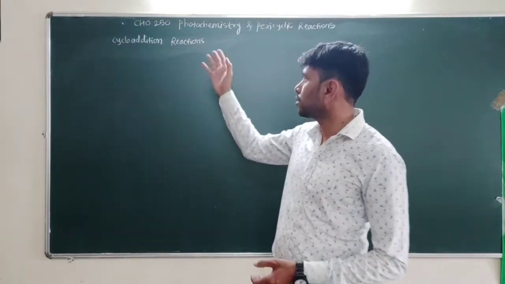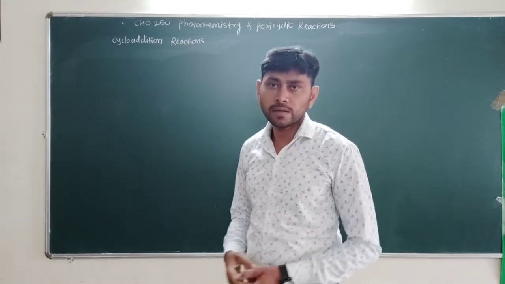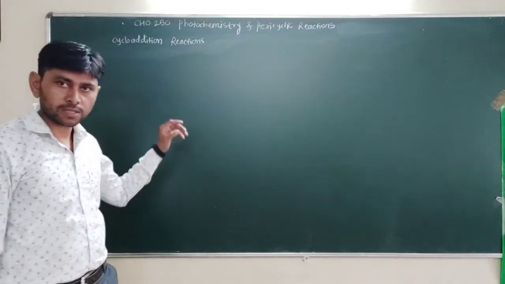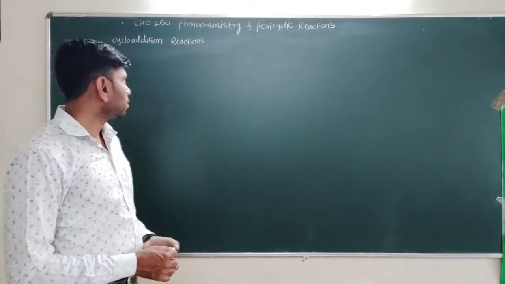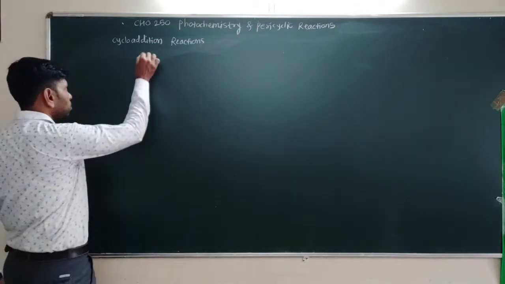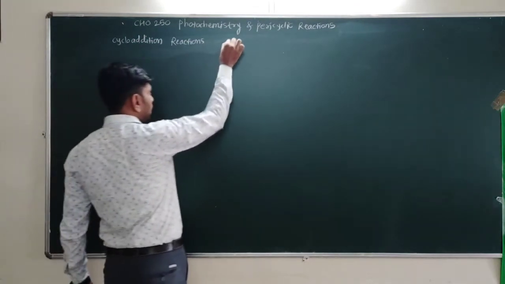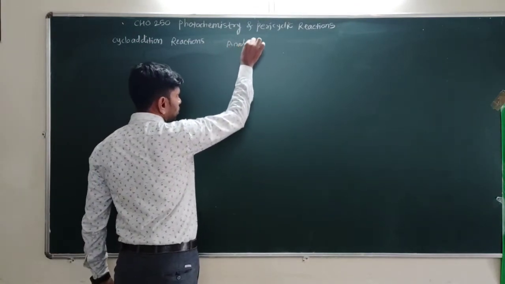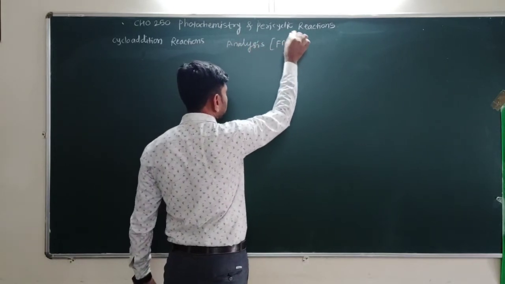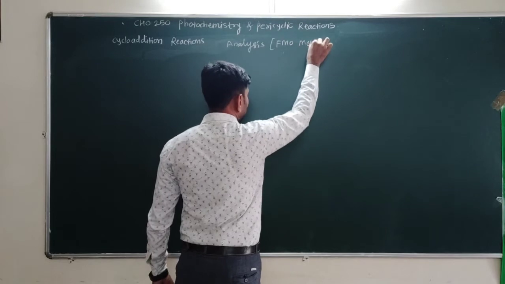We were discussing photochemistry and pericyclic reactions, the topic cycloaddition reaction, which we have to discuss right now: the analysis of cycloaddition reaction by the frontier molecular orbital method. So the analysis we now have to see by the frontier molecular orbital method, the FMO method. In this method,